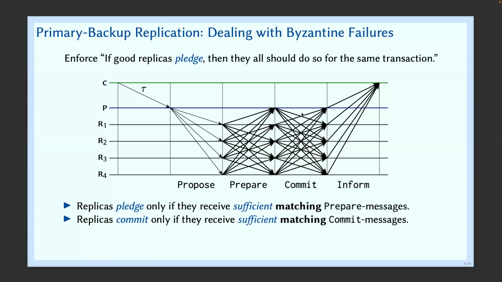Does it know that there are F+1 replicas with the same message? Yeah, it all has to be the same message. If they're not the same message, we're not even going to get to the prepare state. The prepare state already says that they are the same messages, the same request. If you didn't construct the quorum on the same message, you don't get to prepare. Yeah, it's simple. That goes back to the uniqueness property.